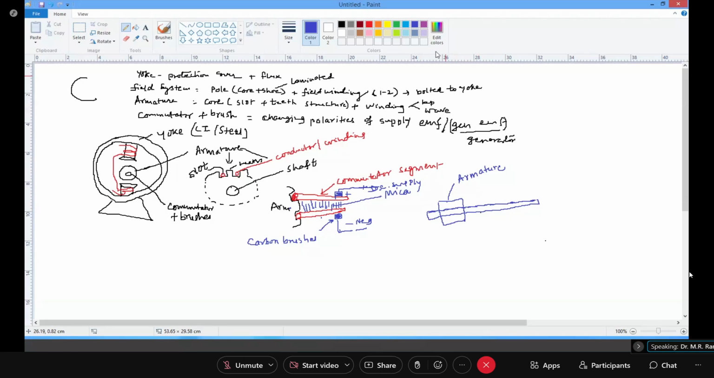Okay, I will just put another color. So here there is a commutator. This is my commutator. I'll be putting it on this. This is commutator. It's a copper commutator. So this is armature, commutator, and on this you have,